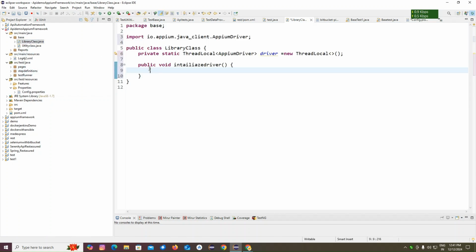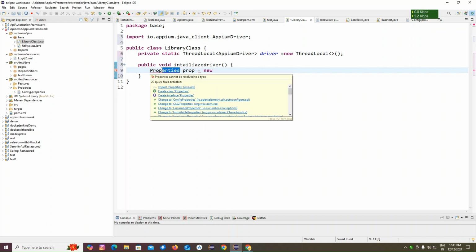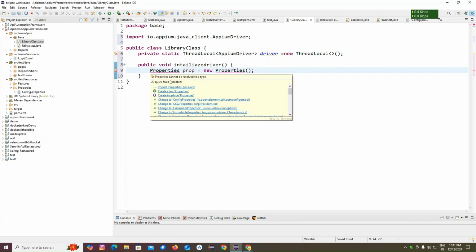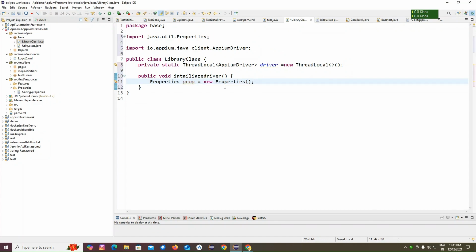For that I'm going to use the Properties class. Properties prop equal to new Properties. We need to read the property from the config.properties, so we are creating one reference, prop. By using the prop reference we are going to get the property from the config.properties. We need to read from the config file, and for that we are going to use